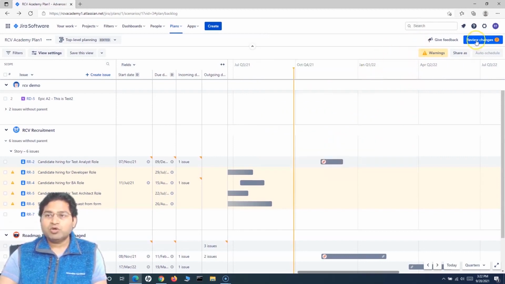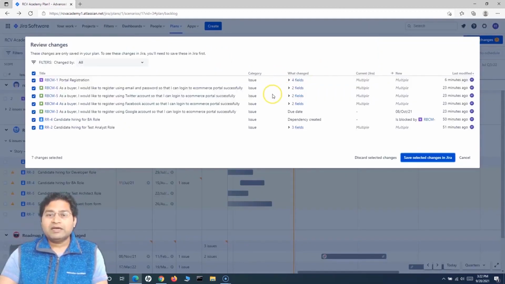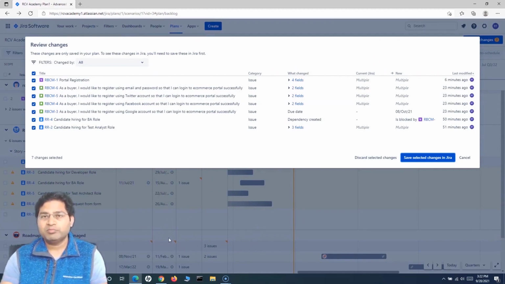And then the most important thing is around review changes, right? So unless and until you go ahead and review the changes, because this plan that you are updating here will be a single source of truth, right? So say for example, you are doing multiple team planning and you are changing the start and end date of certain issues based on the dependencies of the issues. So you might be changing some of the dates and moving forward and bringing backward some of the release dates